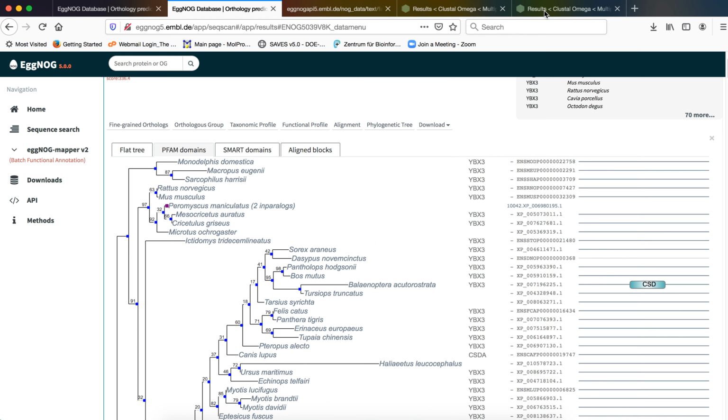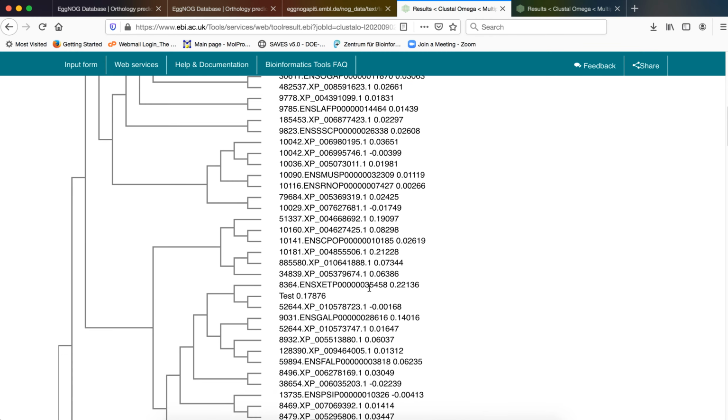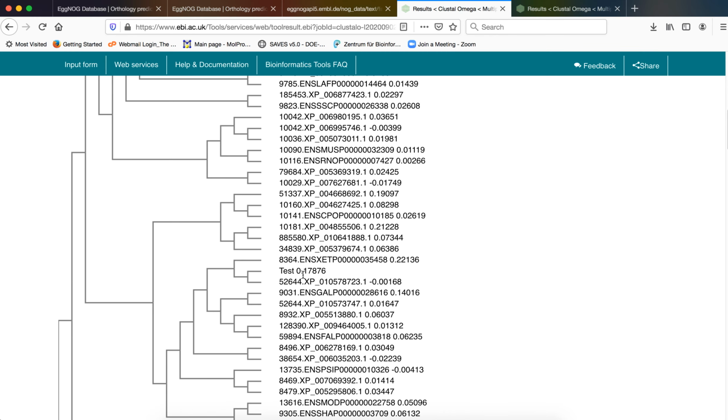If we go back to our result page of Clustal and try to locate the node with which we had the test sequence, so see, this is the test sequence. It is found to be present in a sister node with either this particular sequence nomenclature or this particular sequence nomenclature.